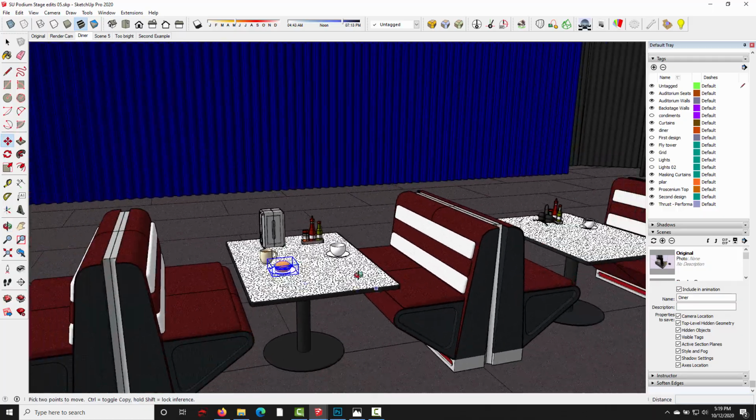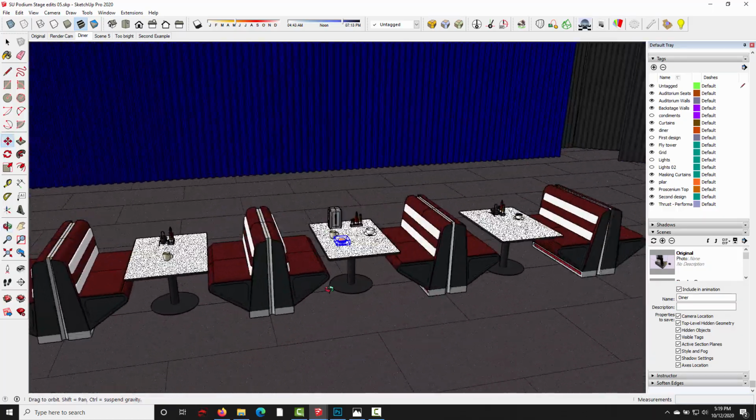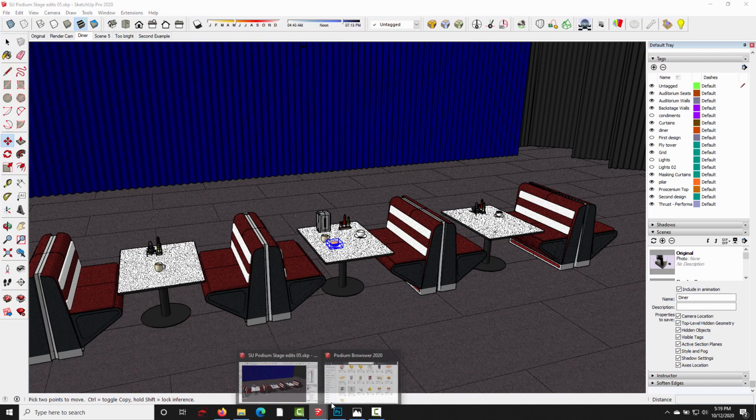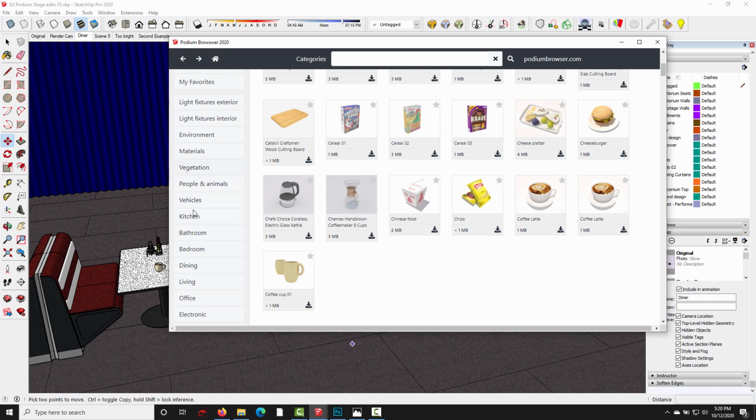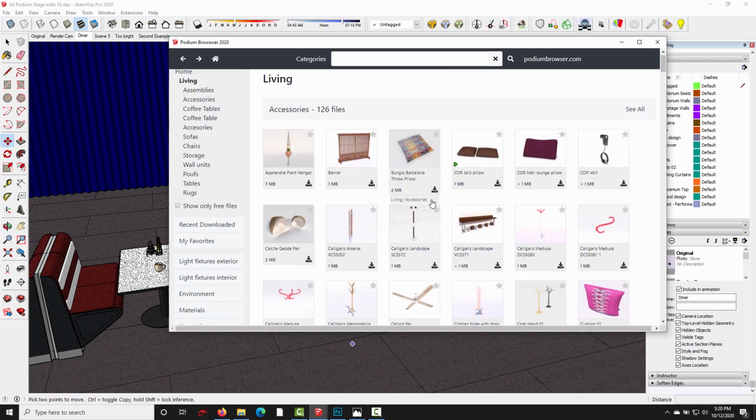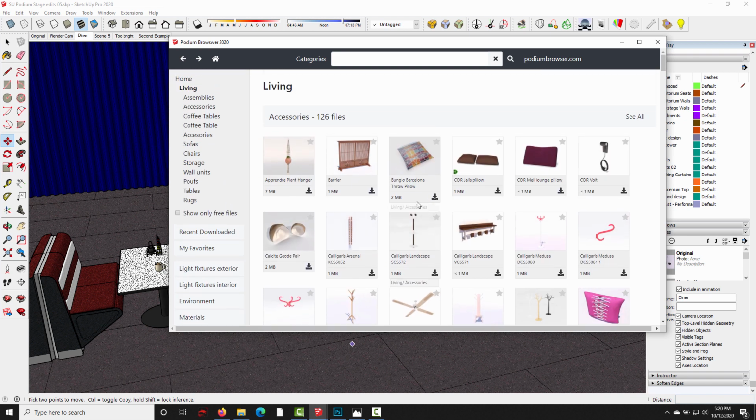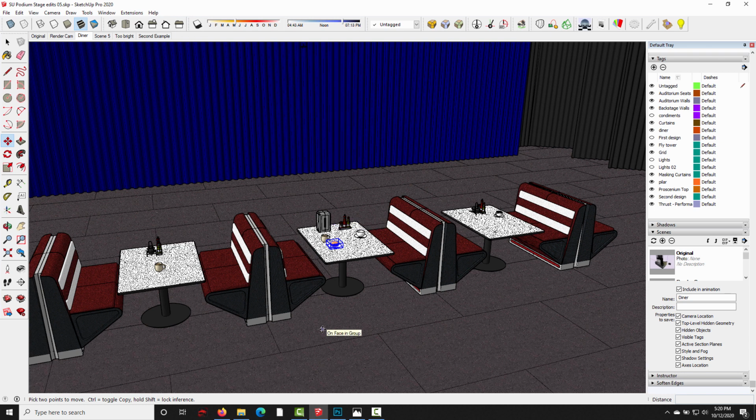So Podium Browser is a really great resource for more modern style sets, not just kitchen stuff. There's over 20 categories on the left-hand column here. If you need furniture, bedroom, dining, living. There's even pre-made assemblies, although I assume most of the time for set design, you're going to be designing most of the major stuff yourselves, but Podium Browser will be really useful for smaller props and set dressing. So I just wanted to draw your attention to that resource. Most of it is locked unless you have an SU Podium license, but there are about 800 free components and SketchUp